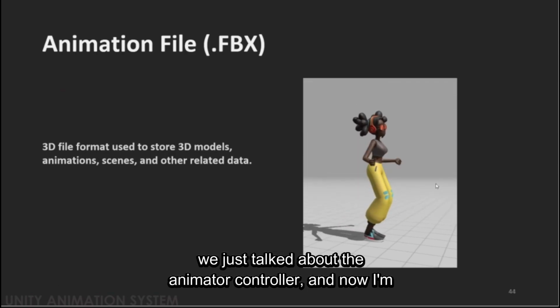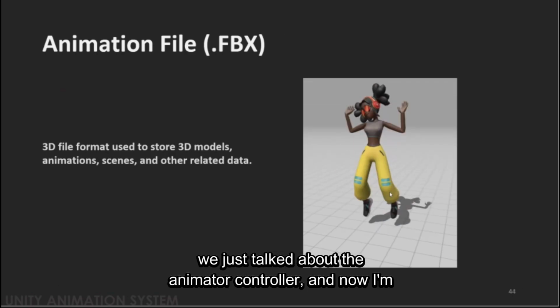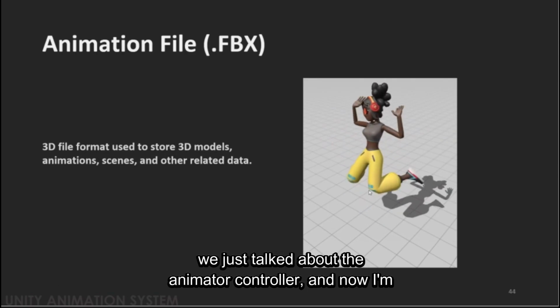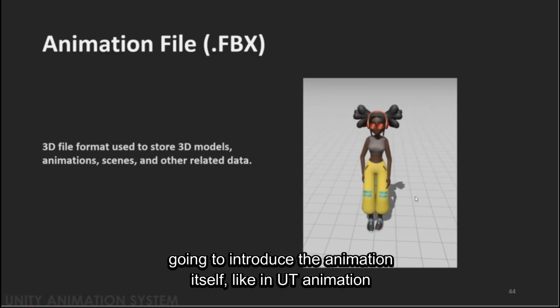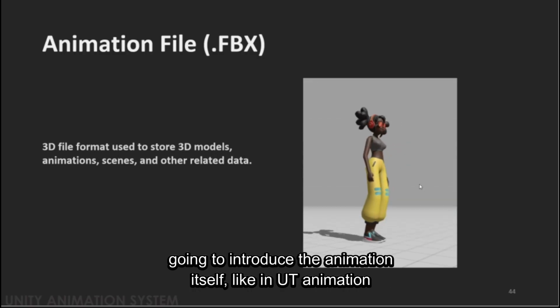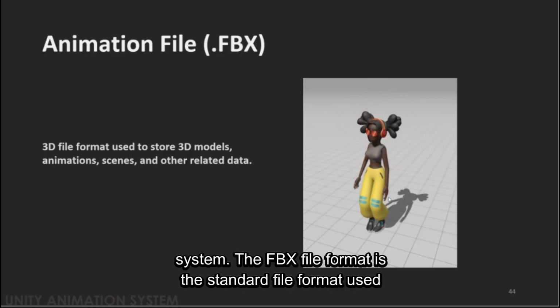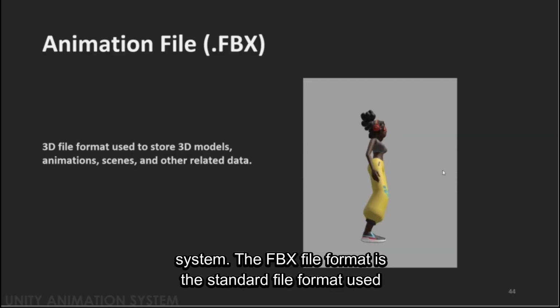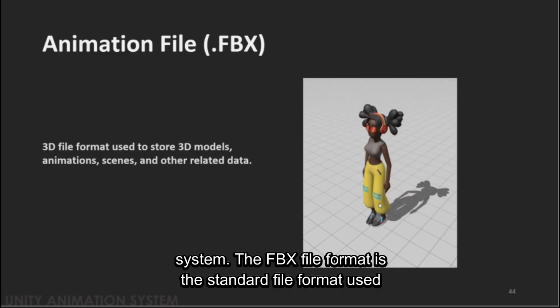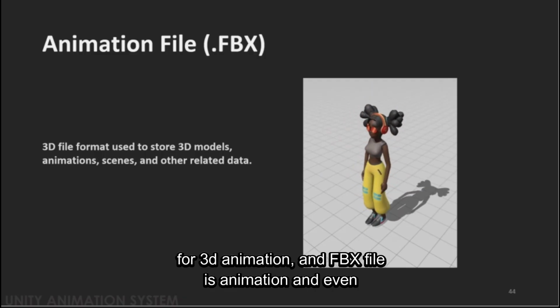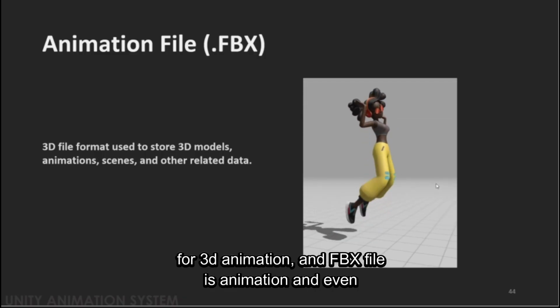Okay, so we just talked about the animator controller, and now I'm going to introduce the animation itself. In the Unity animation system, the FBX file format is the standard file format used for 3D animation. And an FBX file